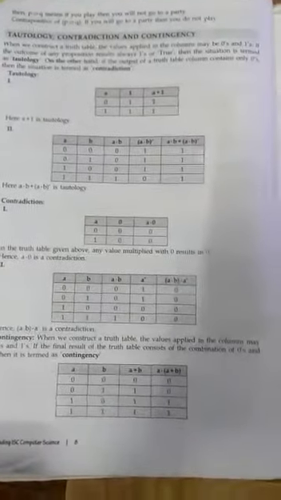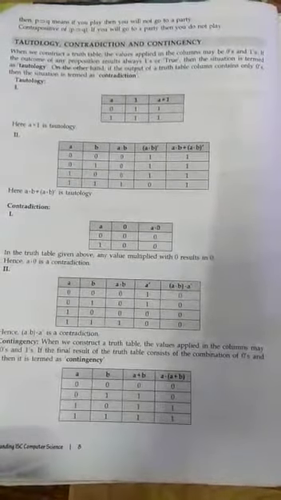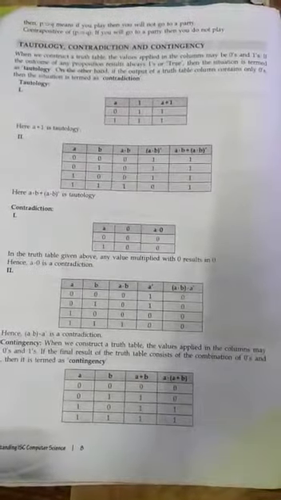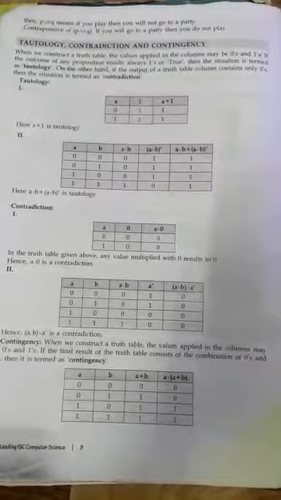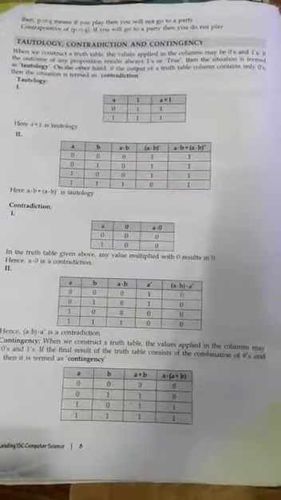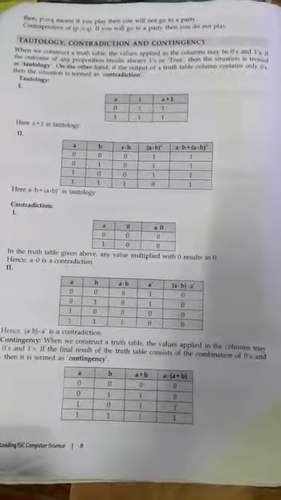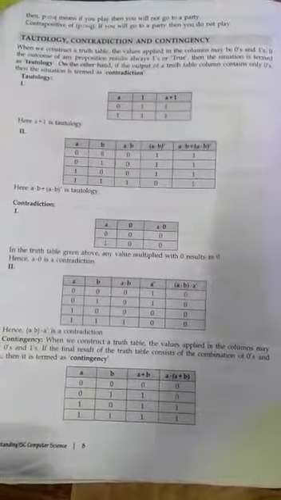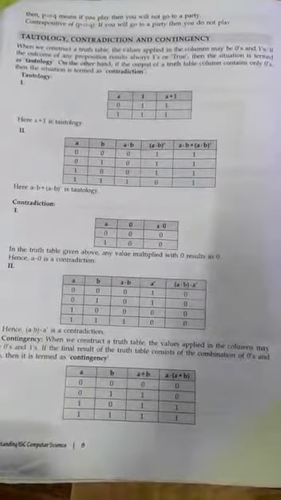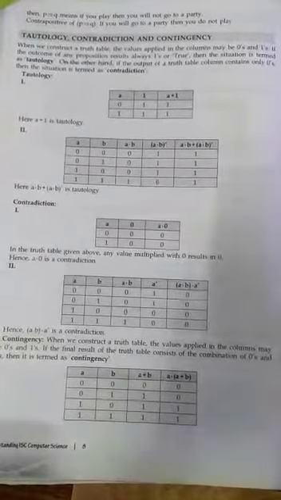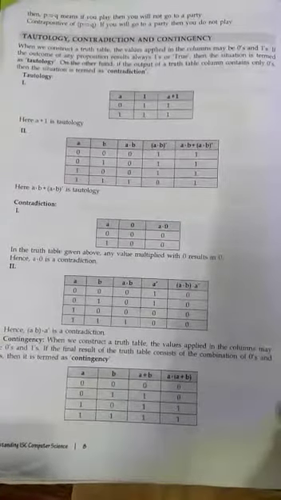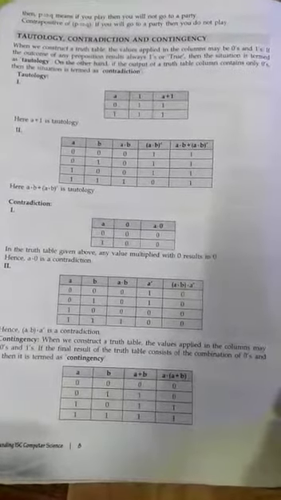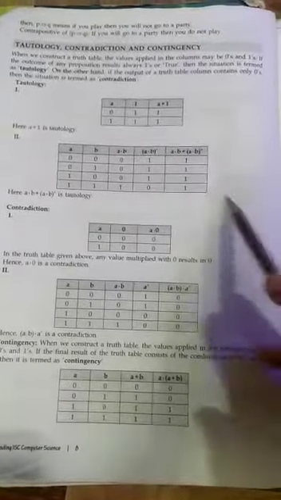Today we will discuss some more terms based on propositional logic, that are tautology, contradiction and contingency. So what is tautology? When we are constructing the truth table, then we have the possible outcome also, that is the final resultant column. So when all the ones are there in the output column, then it is said to be a tautology. Let's see it from the definition.